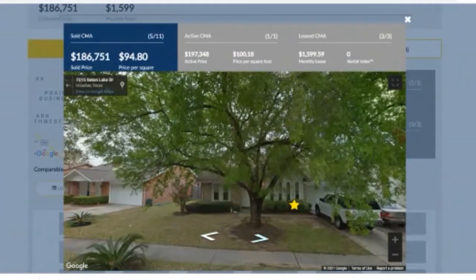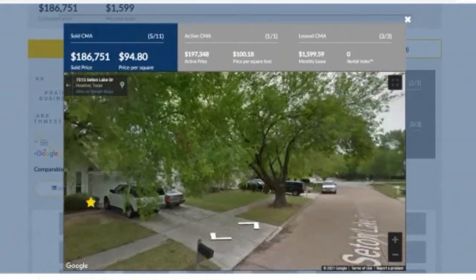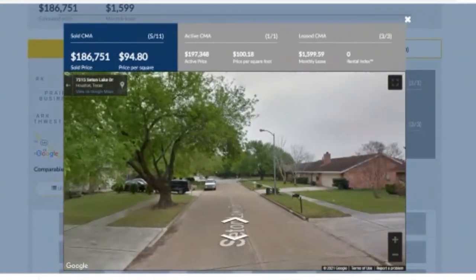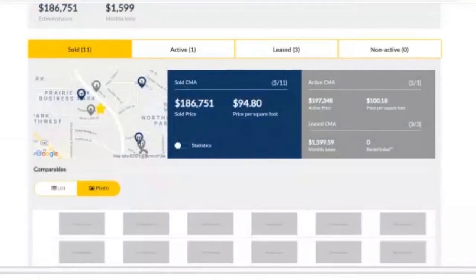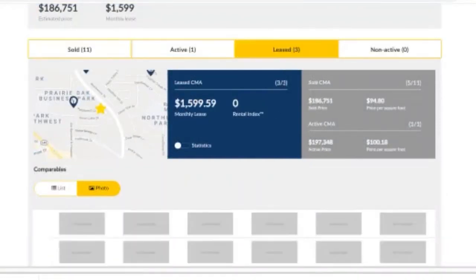So kind of hidden behind the tree, but you can check it out that way. It's good to know if the neighborhood has bars on the windows and stuff like that or not. This looks like a pretty nice middle-class neighborhood, which would be good if you might think of renting this out. So if you were going to rent it out, you can go here to leased, and you can check out